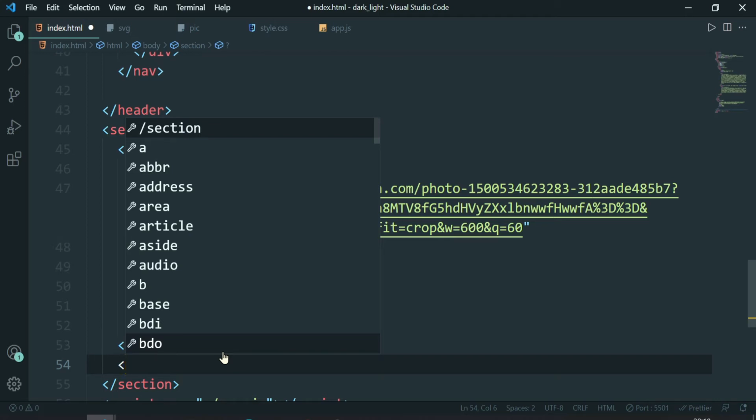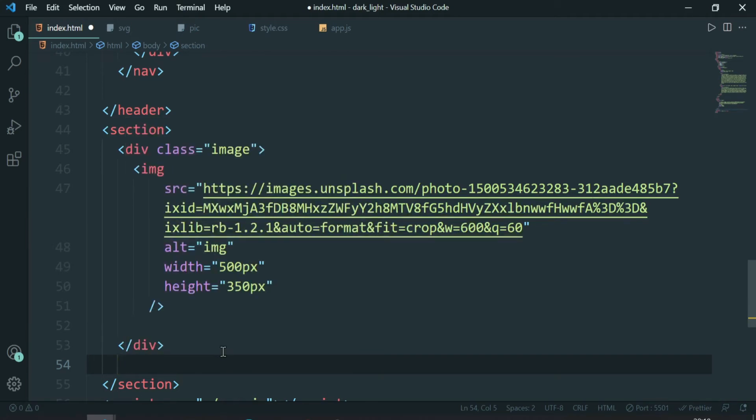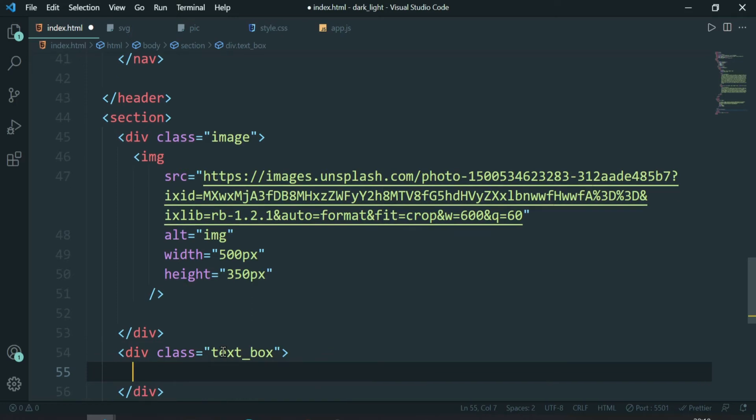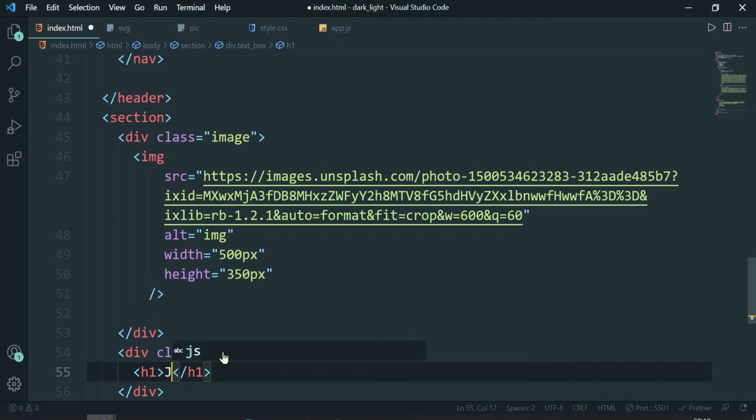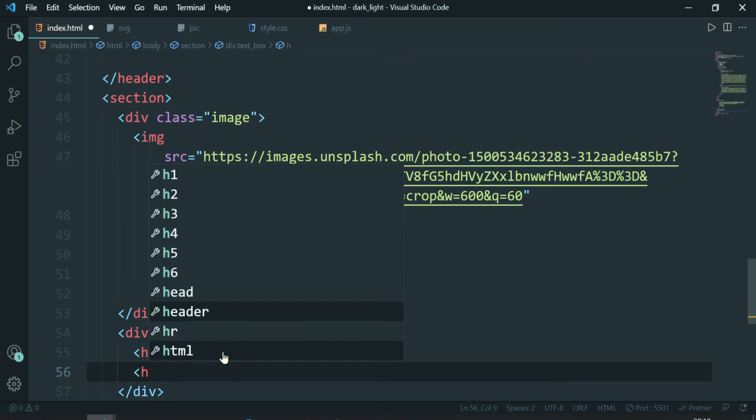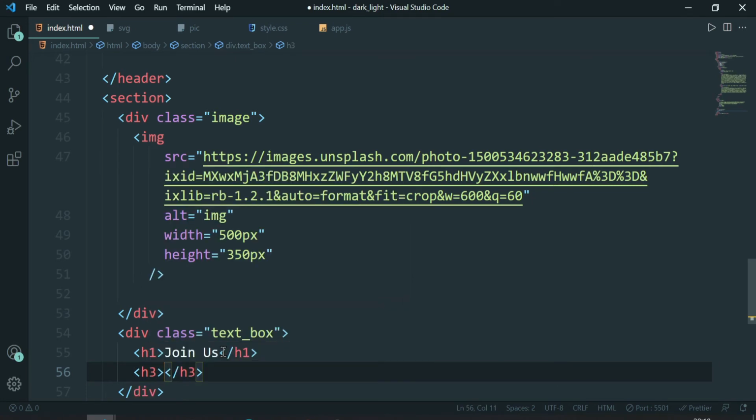Let's create a div with class name text box, and after giving this a class name of text box, we can have one h1 and we can say join us.